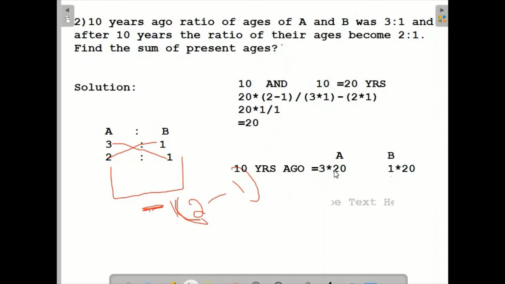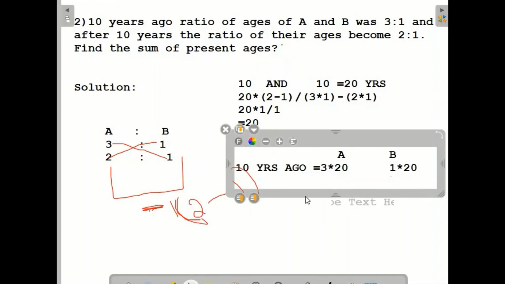So the present age is 60 plus 10, then 20 plus 10. So they are given